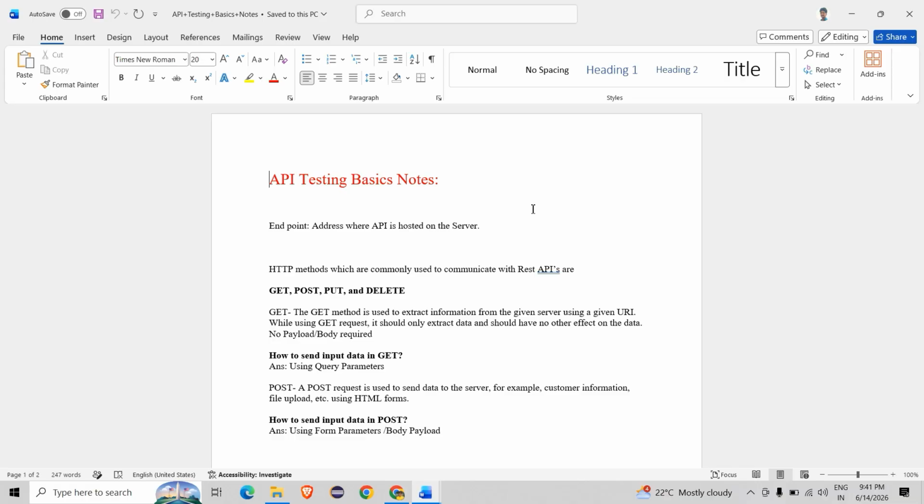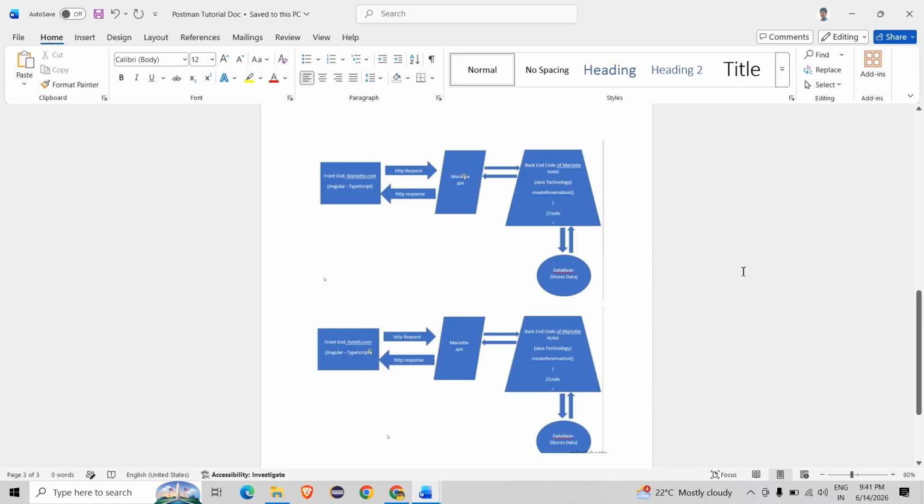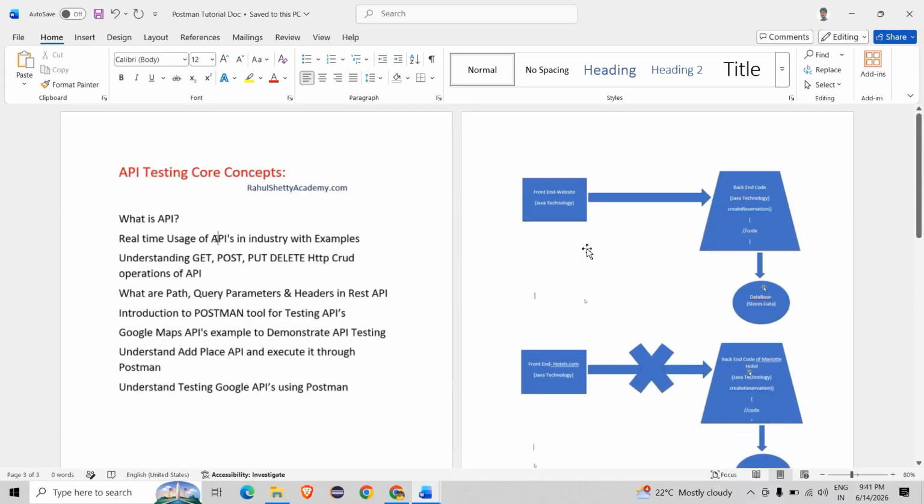So first of all, what is meant by API? Everybody knows application program interface. What does that mean? What is the use of this? Okay, what is the use of this? So I'm going to give you a scenario now. First I will tell you the problem, why this API came into the picture. I will tell you. Okay. First,